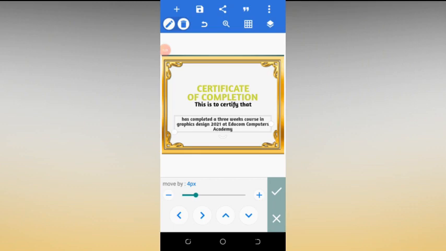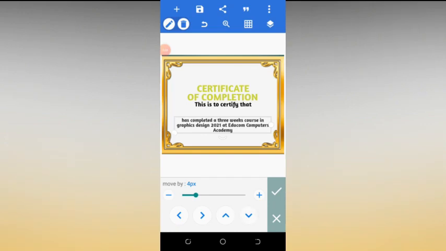So now it remains probably the logo. The logo of the company is very important. There are some certificates that don't include their logo. So if you have your own logo, you can put it there, or you collect the work from somebody and the company has their logo, request for their logo, and then you design it for them also. But before we import the logo, we are going to insert